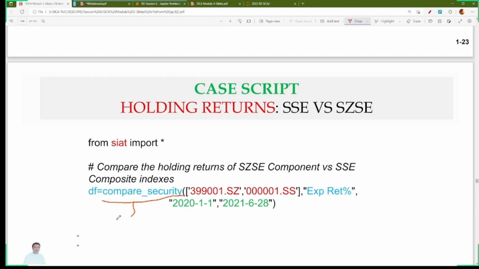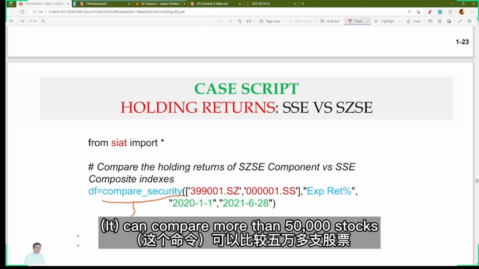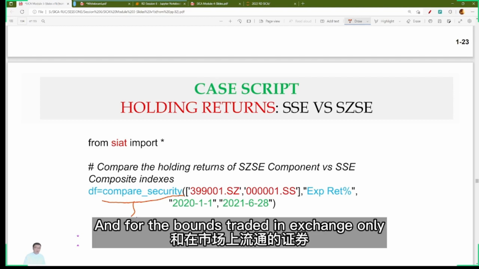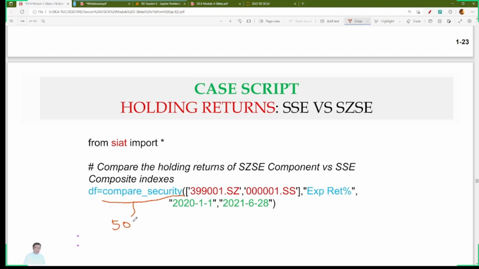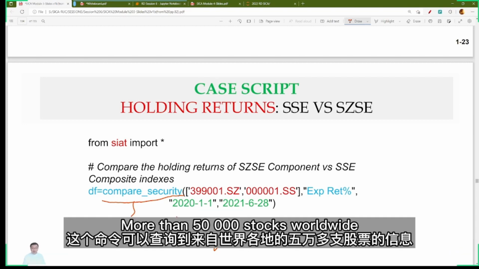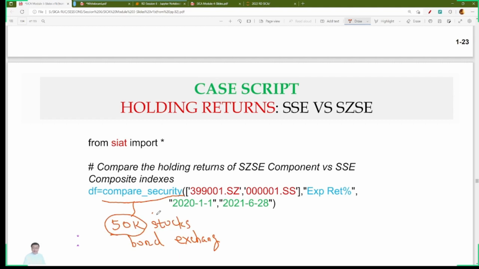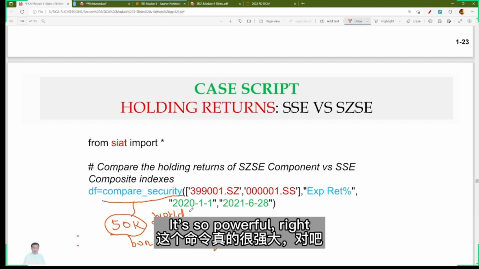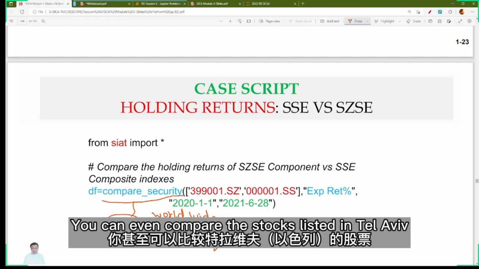security markets. It can compare actually more than 50,000 stocks, various stocks. And for the bonds traded in exchange only, because the Chinese interbank bond market is not open to this command. More than 50,000 stocks worldwide. It's so powerful, right? You can even compare the stocks listed in Tel Aviv